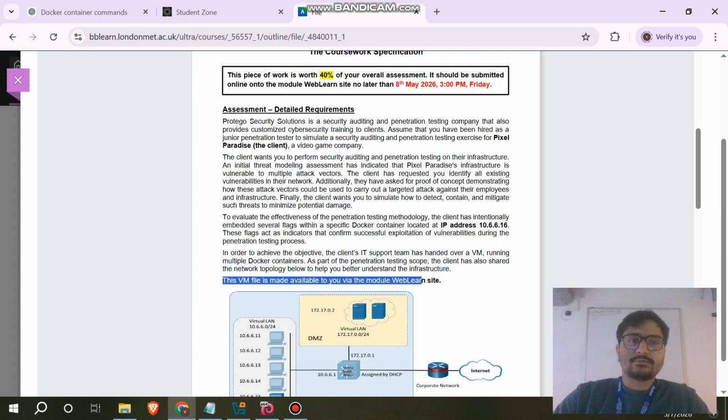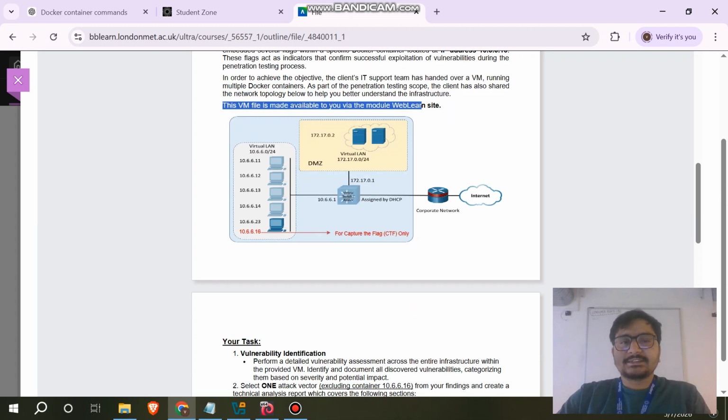I'm doing computer networking and cybersecurity from London Metropolitan University. I have a very interesting subject, auditing and penetration testing, and one of the renowned companies, Proteus Security Solution, provided us an assignment to do vulnerability scanning and select one attack vector to exploit the server or the network, and I also have to find the flags that are only in